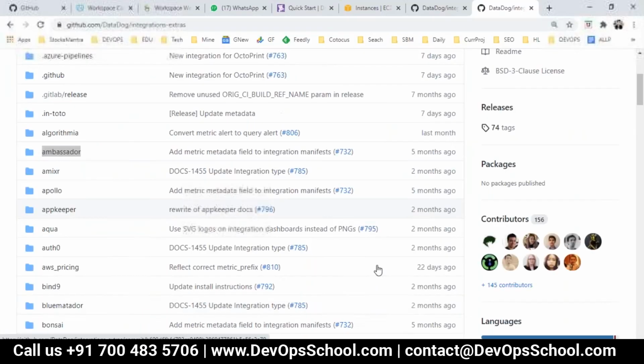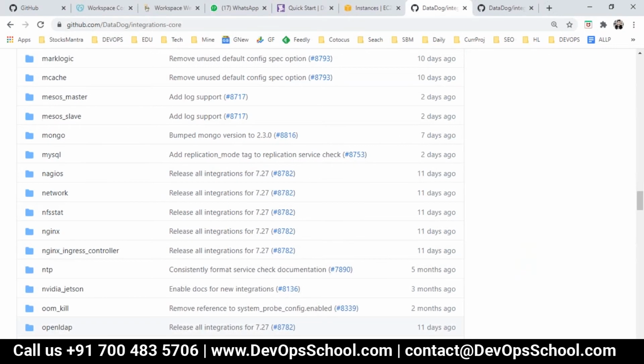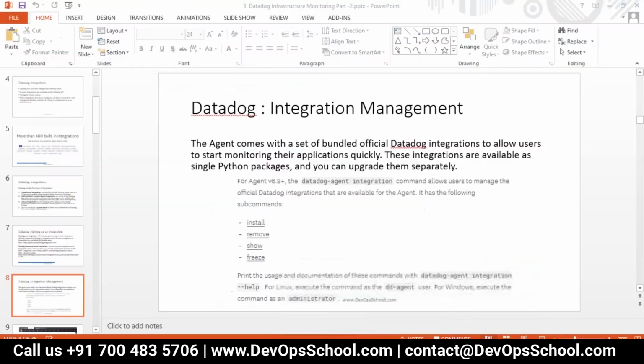I have a fix somewhere in my notes, but where it is, I'll check a little bit later. So yeah, you can install, remove, show, and freeze. Typically with root, they should allow.